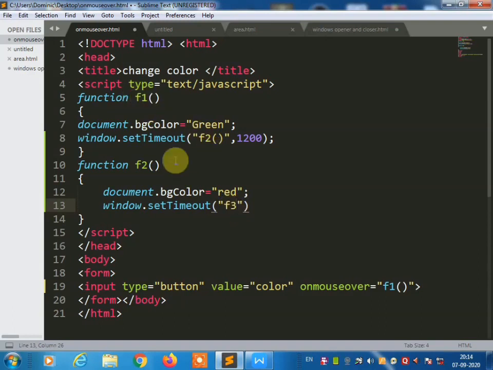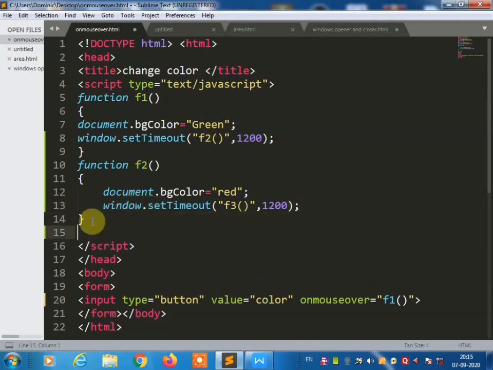Here f1, f2, f3 functions, comma, same timing 1200, then put a semicolon. This is the second function over.